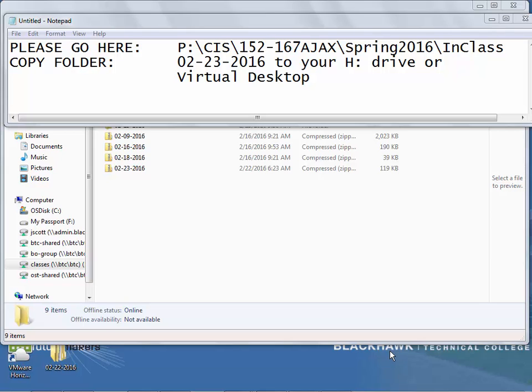All right, today is Tuesday, the 23rd of February. We're going to do two things during this period. First, we're going to go over this little mini game, and it's out there. All the code is out there. I built it into 10 iterations, and it's out on the P drive for the class under the